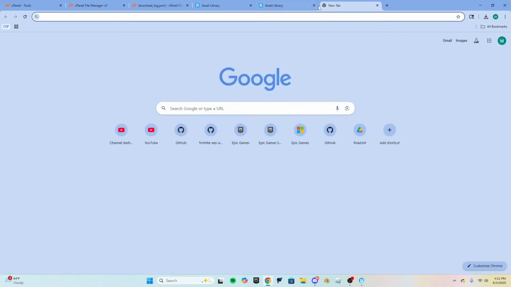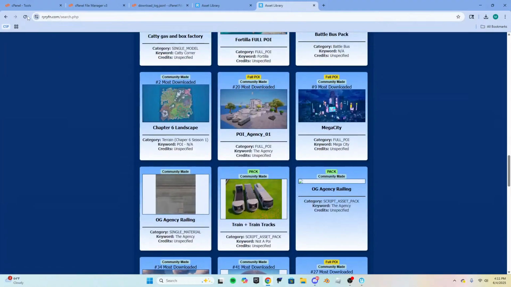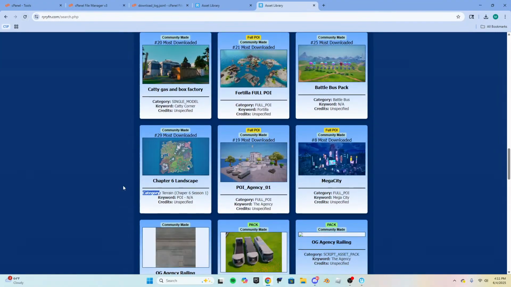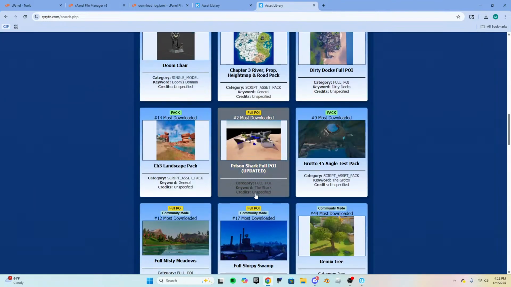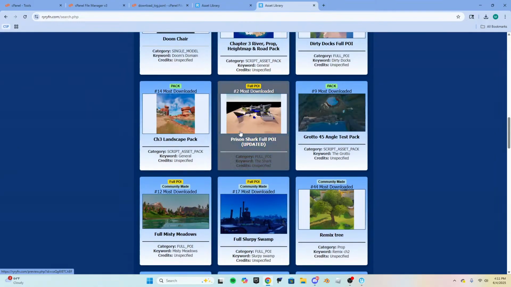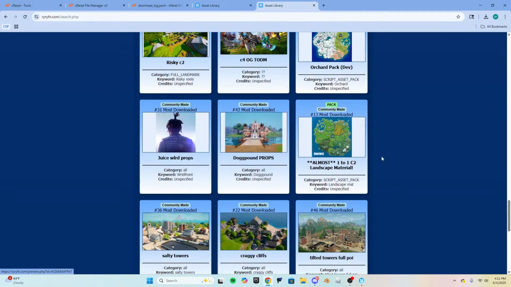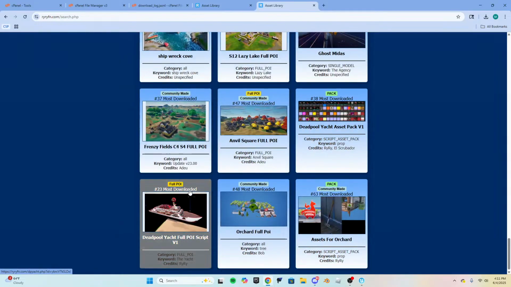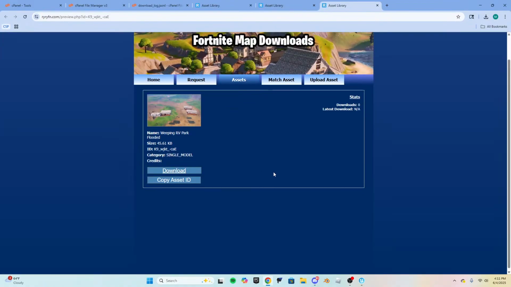All right, let me do the process log again. And now let's see, because right now your thing still says number 2, but let's see what it is now. Okay, number 29. It drops to 29. And now the number 2 is the shark now, the full shark POI. Download 0.